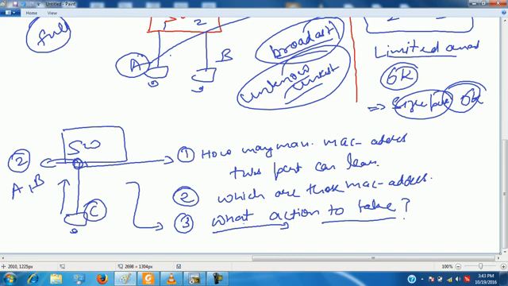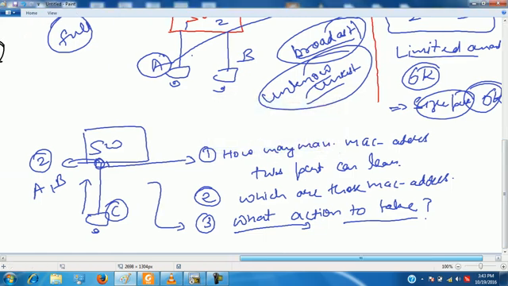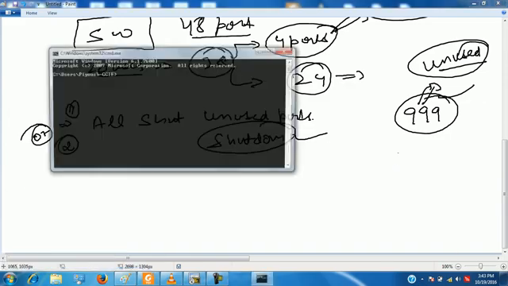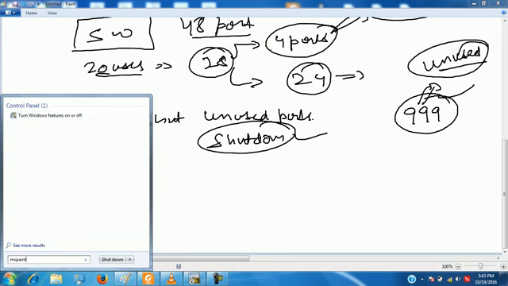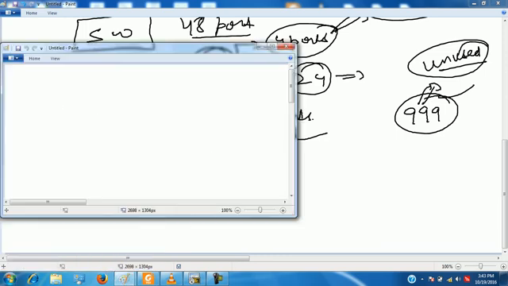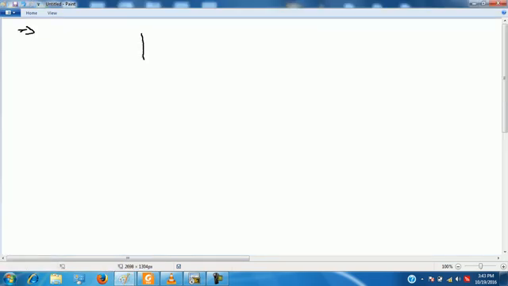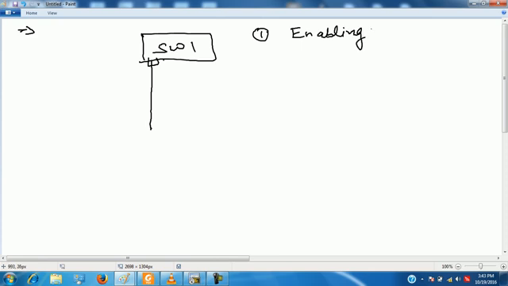समझ में आ रहा सबको? देखो, done. So first thing I will be doing is enabling port security.